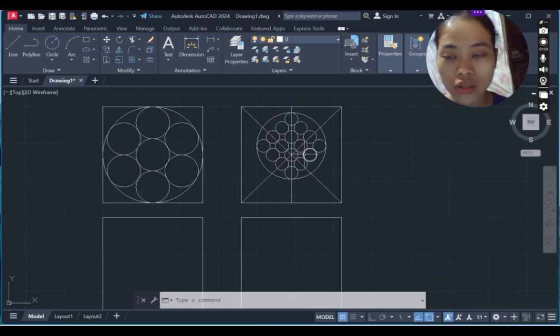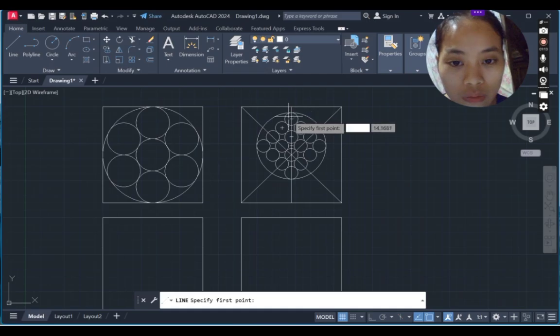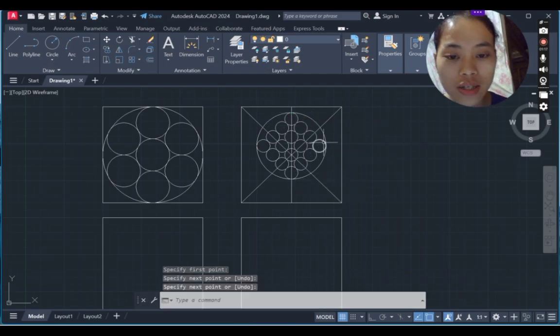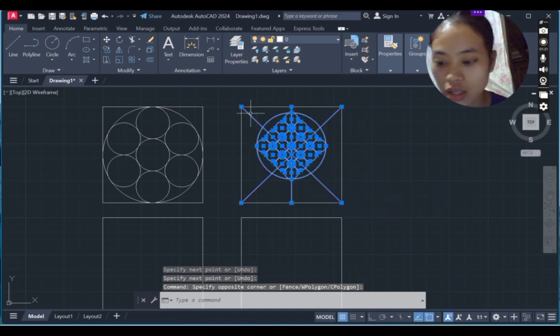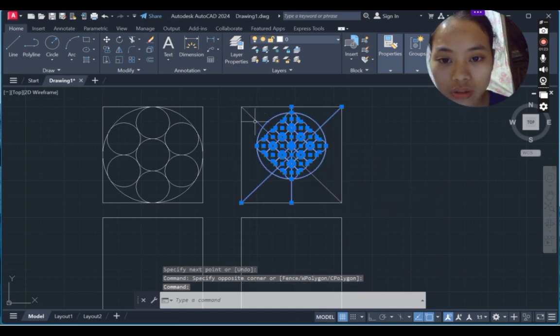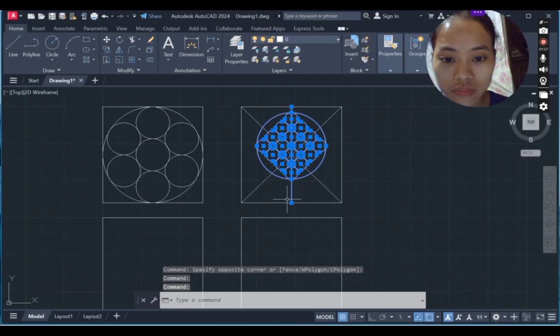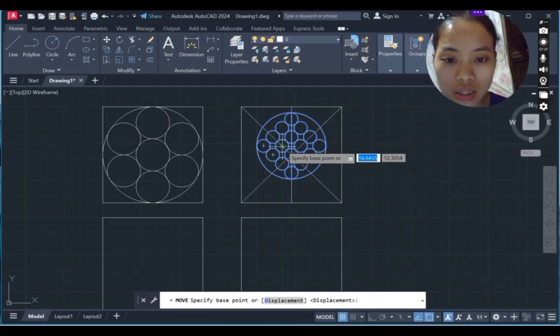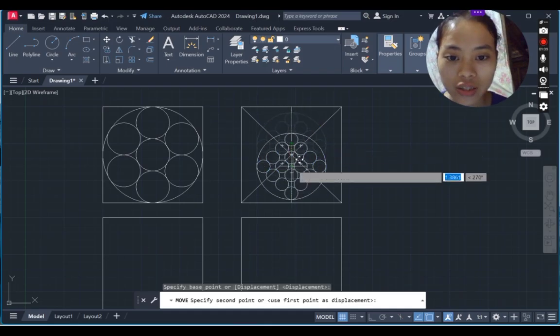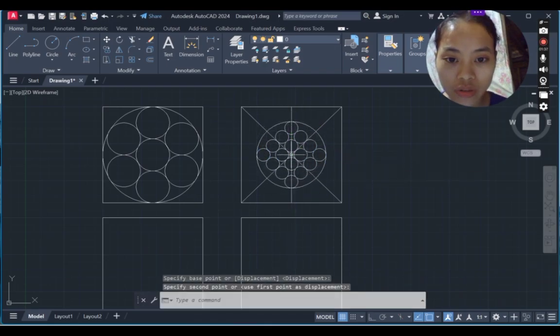So, in order to do that, we have to move it. But first, we have to create a line from here to locate its midpoint. Then enter, and then highlight, except the lines. And then click move, click the midpoint, ayan. Then click here at the center point of the box. So we are done, and